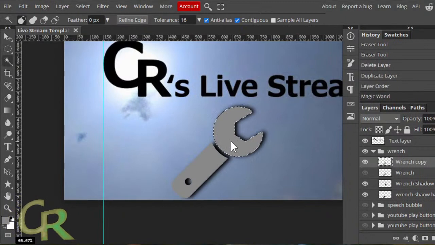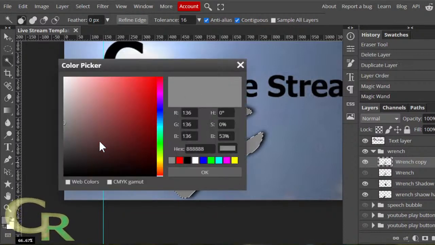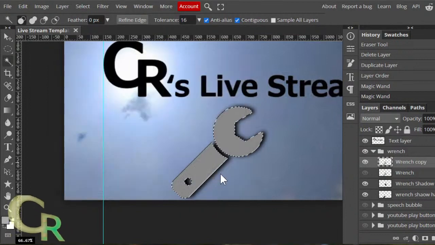I'll have my color picker up and make a layer color. It'll still be on the grayscale side, just a little lighter, and silver. I'm trying to go for silver.